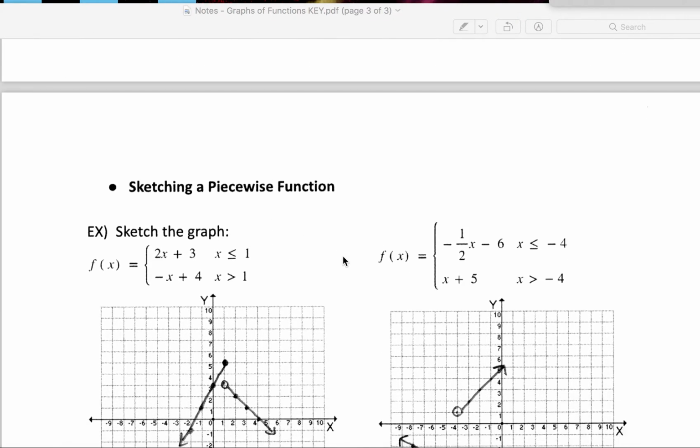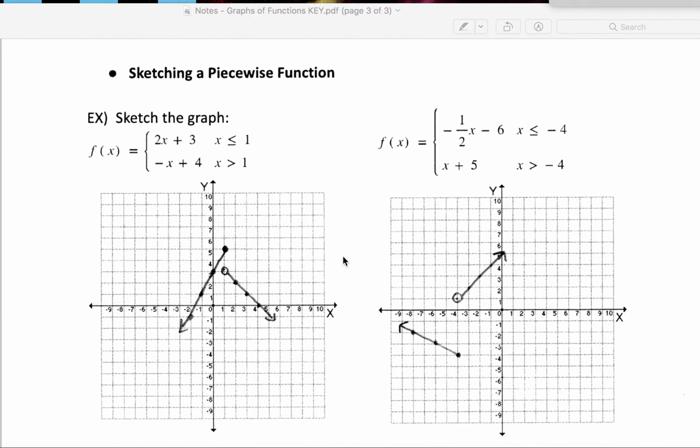All right, a couple more things, kind of random here. We want to be able to sketch a piecewise function. A piecewise function is just pieces of individual functions put together on one graph, and they may start or stop depending on what they're described in using this little domain notation right here. So we have a linear function, 2x plus 3, as long as our x values are less than or equal